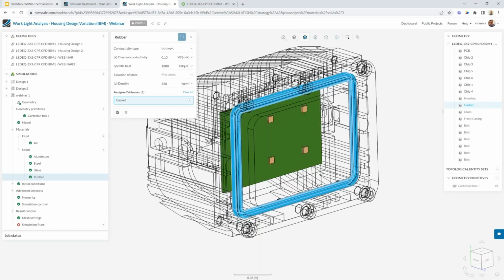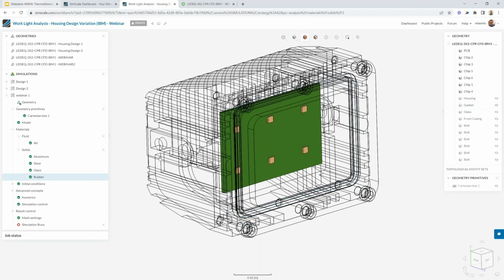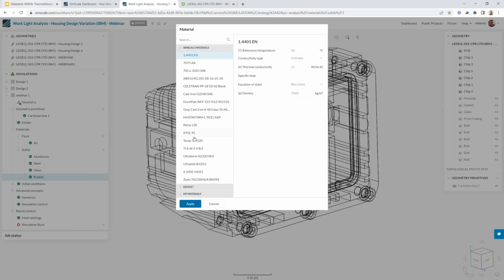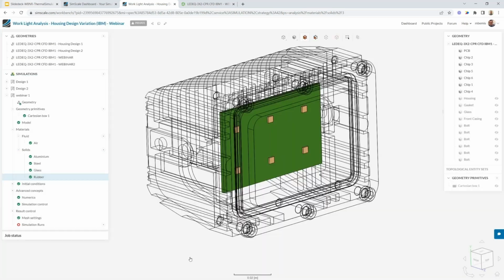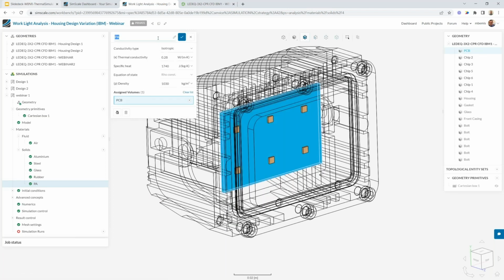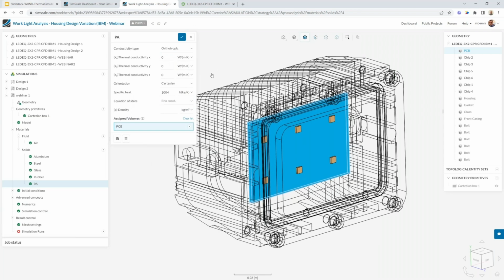Now, next I'm actually going to create a custom material here. I'm going to just choose a plastic, but I'm going to be defining my PCB here. What is very helpful that Simscale supports is orthotropic material properties. In this case, we care about thermal conductivity. So you'll notice at this point, we have a thermal conductivity definition for each Cartesian plane, so X, Y, and